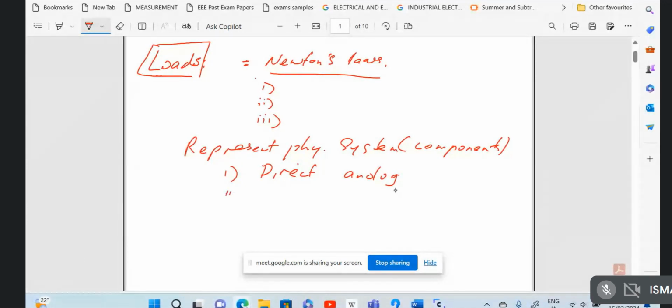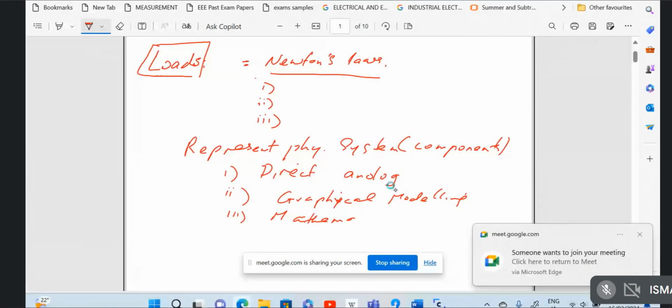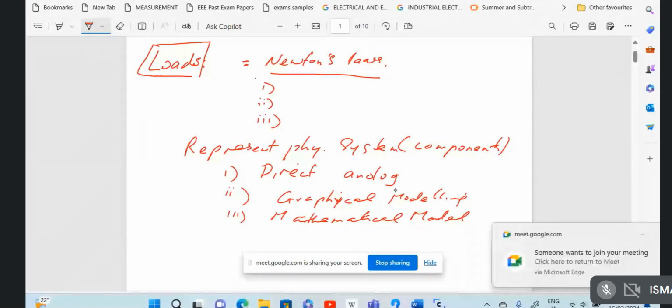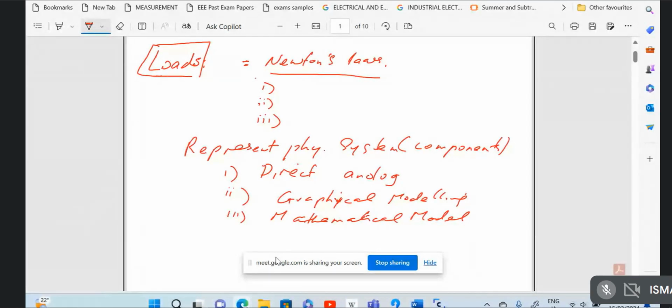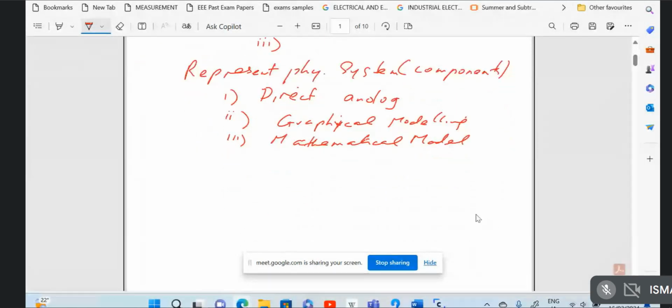You can also do graphical modeling, or you can do mathematical modeling. So majorly, before we go to what we want to do, I can explain the direct model, the direct one,